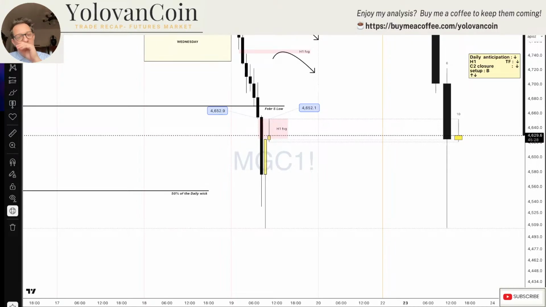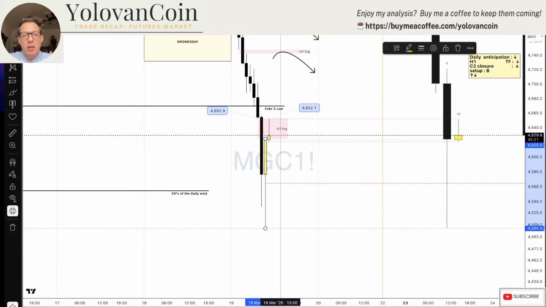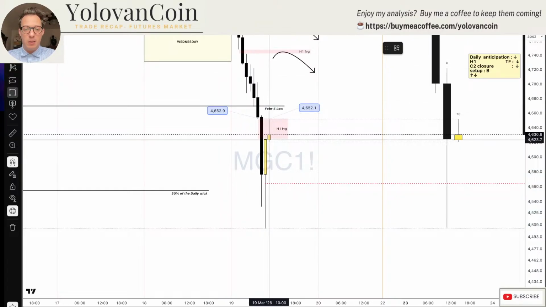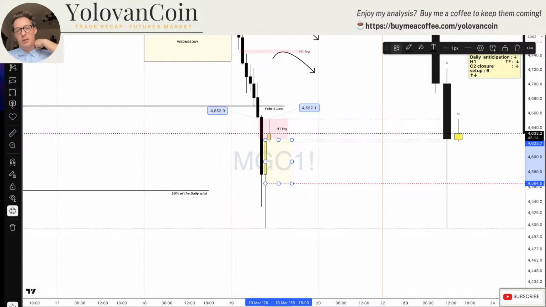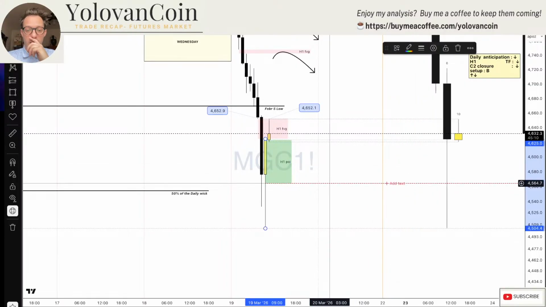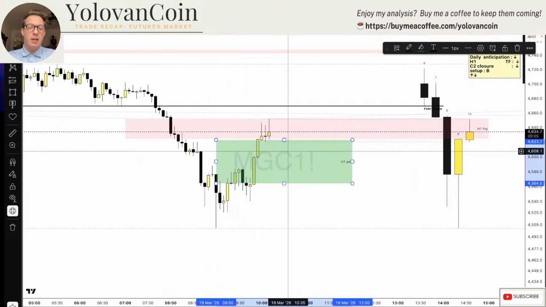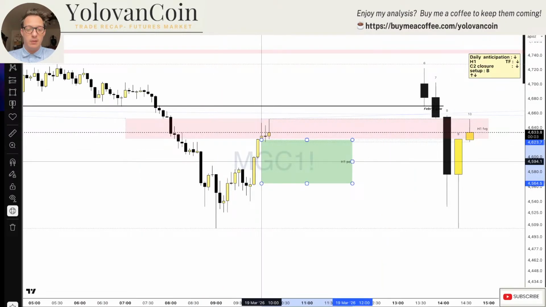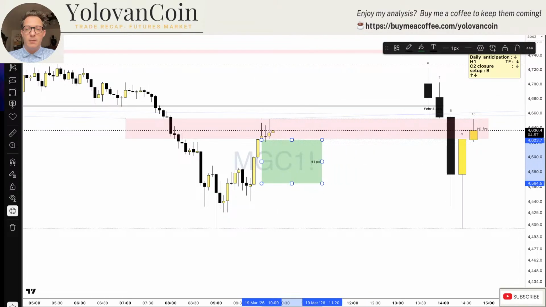If we want to see a continuation higher, we want to see an open low high close, right? So this is the area where the candle opened. We want to see a 5-minute changing state of delivery, which is against the 1 hour fair value gap, which is again lower probability. So we want to see a 5-minute changing state of delivery inside this point of interest. Okay, 10 o'clock went higher instead of going lower. So this one is already the